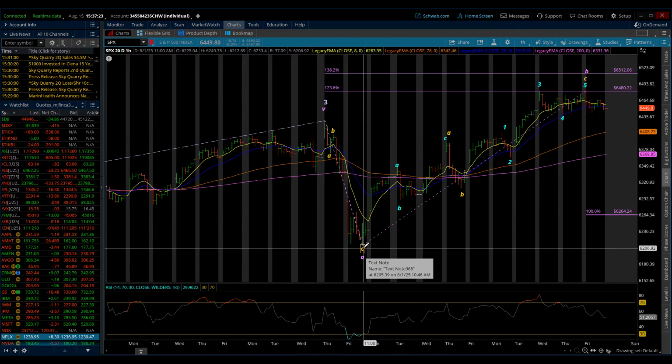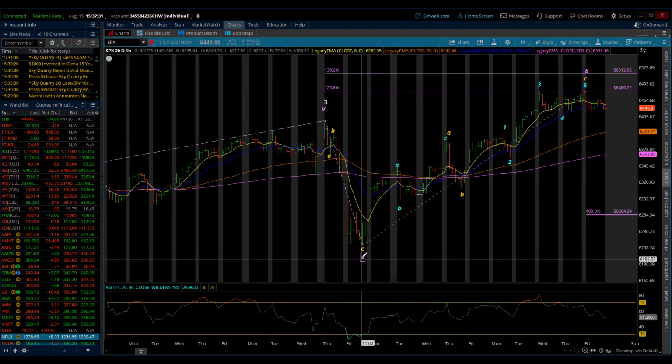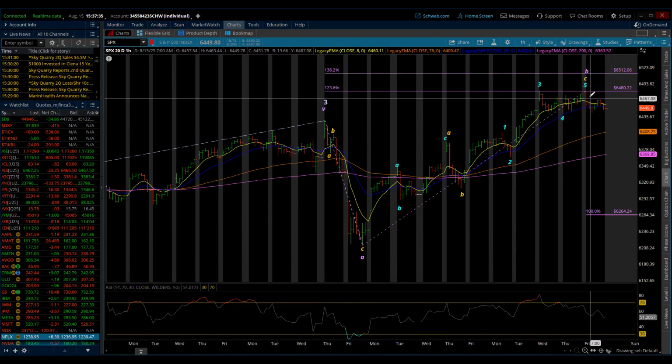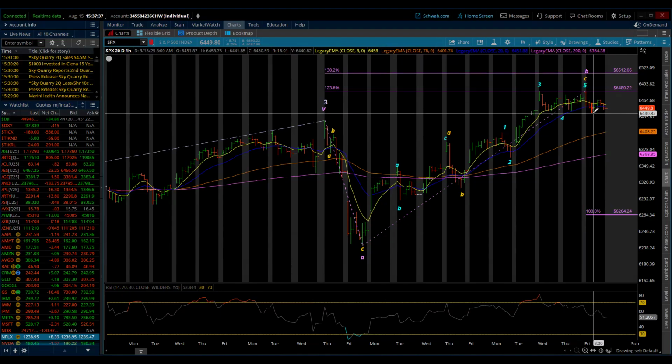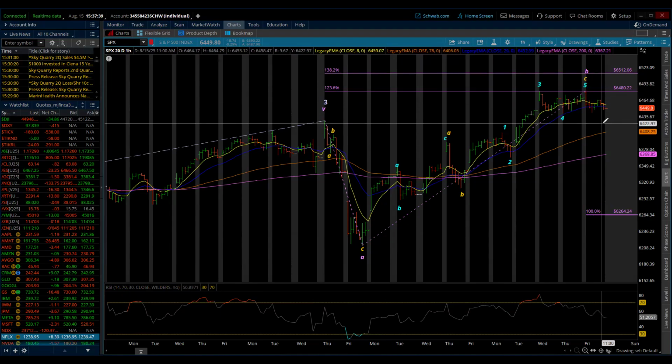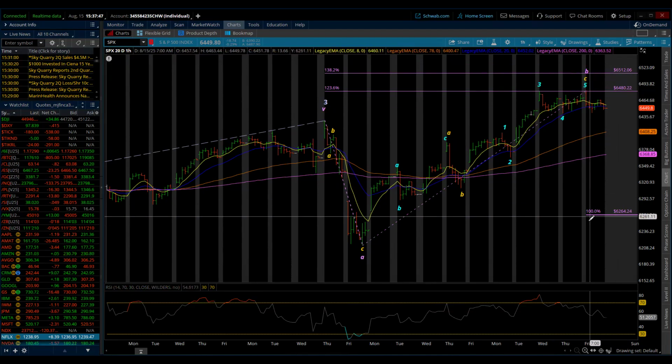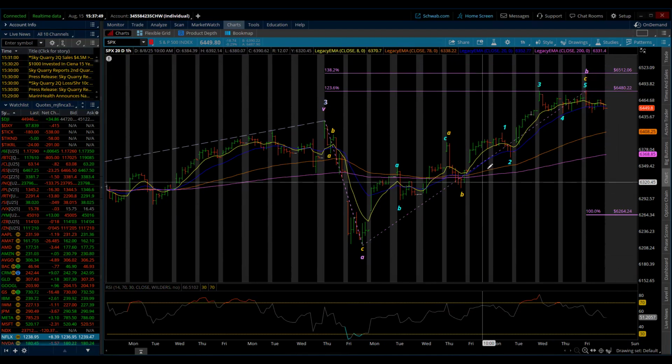Well, we should be getting 5 waves down of the sub-minuette level, because I'm looking for minuette wave C. It'll consist of 5 waves of sub-minuette level, and I believe we're just starting wave 1. So 1, 2, 3, 4, 5: wave 1, then a 2, then a 3, and a 4, and a 5. Now, what can we expect in terms of where our support's going to come in to complete this?